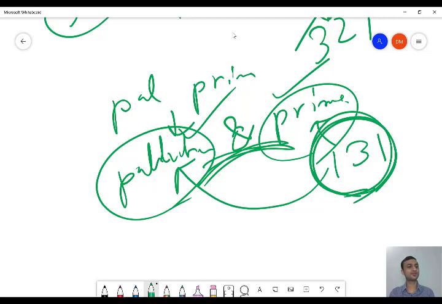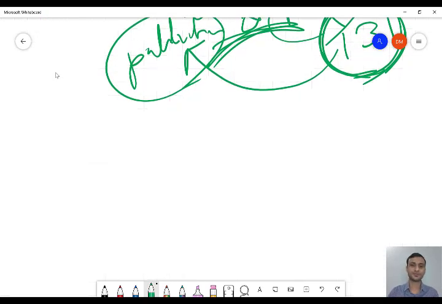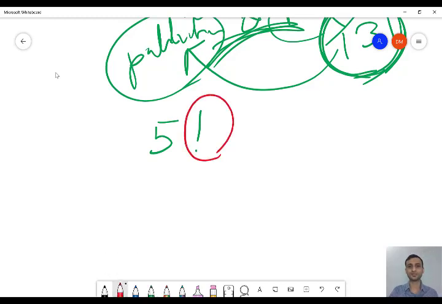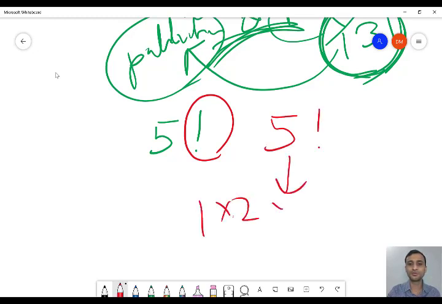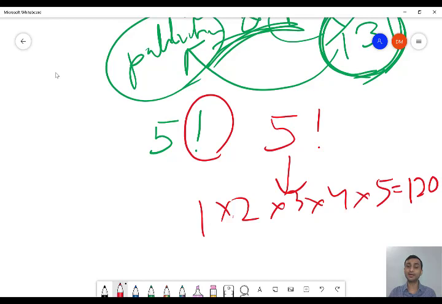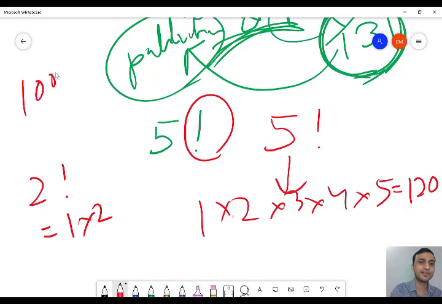So next is question number 30. Write a program to find the factorial of an integer number. Okay, this program is not based on digit separation. It is a little different. So what is factorial? For example, 5 factorial. Factorial is denoted by an exclamation mark. So if someone writes 5!, this means 1 into 2 into 3 into 4 into 5. That is 120. If you multiply everything, you will get 120. What is 2 factorial? It is 1 into 2. What is 100 factorial? 1 into 2 into 3 into 4 like this till 100. So this is called factorial.